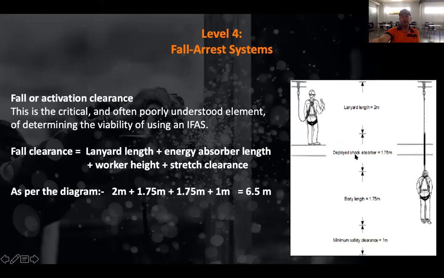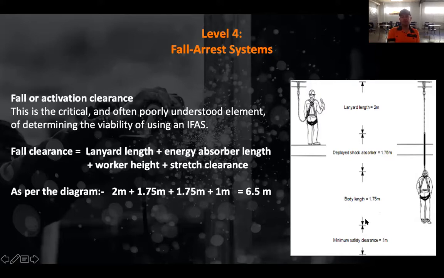We then add the shock absorber length once it's fully deployed. So the distance as that stitching breaks in your shock absorber and it extends to slow you down, we need to add another 1.75 meters to that. The next one is subjective to the person, but the average body height is 1.75 meters. If you're shorter or taller, you'll need to take that into account there. So we're adding 1.75 from, again, the top of the D clip once you've been suspended down to the bottom of your feet. And then we need to add another 1 meter for clearance, of stretch clearance of the entire